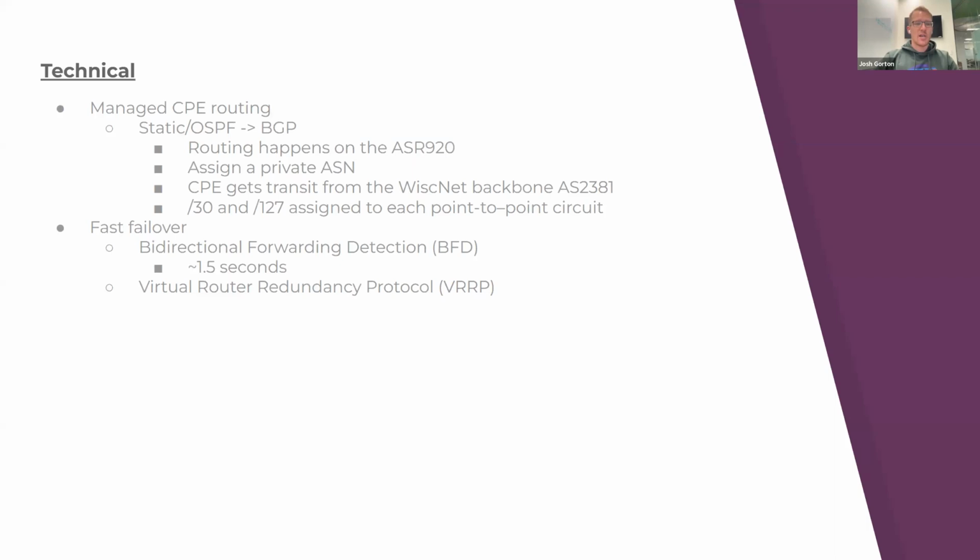So on the routing side, if you currently have network access but don't have a redundant connection, it's likely that your public IP addresses are either statically routed to you or they're in OSPF or an IGP. If you go to Connect Plus One, where you're handling more than one circuit at one location, we will convert you to Border Gateway Protocol, BGP. The routing happens on the ASR 920 at your location. So your public IP, like your gateway on WiscNet's network, actually lives at your location. There's a lot of advantages to this, and it allows us to fail over